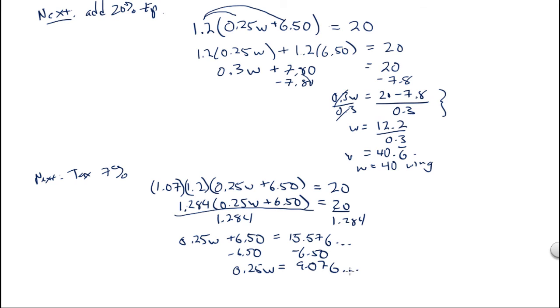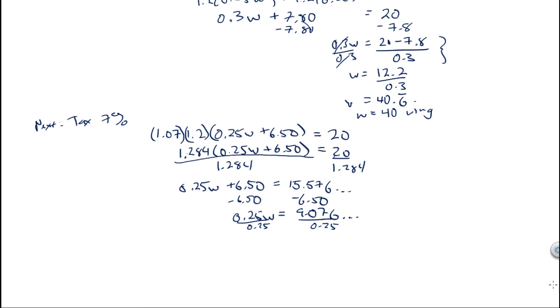Again, you don't have to write these dots, but if you write these numbers, that's cool. Just keep the actual full accuracy number in your calculator. Now divide both sides by 0.25. And we will get our answer, which looks like it's